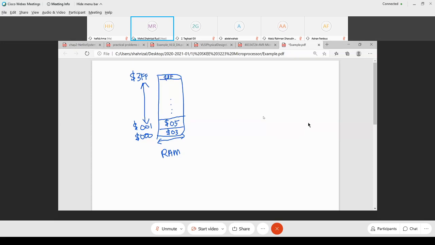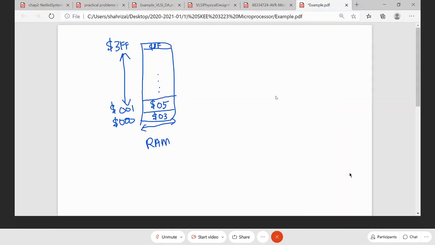The content, the value inside the RAM is 8F, for example. In any case, we want to know the size of the memory. When we talk about the size of memory, we always write it in terms of kilobytes and bytes. So can you tell me how many bits are there for this